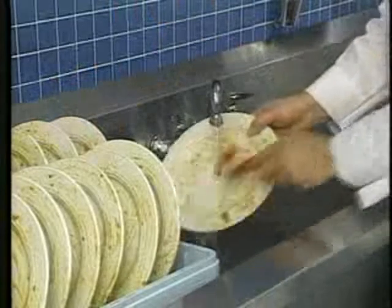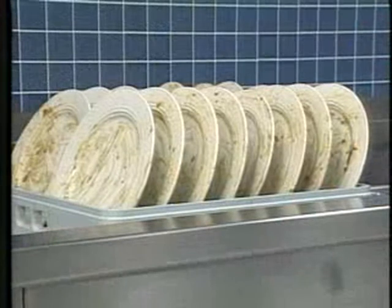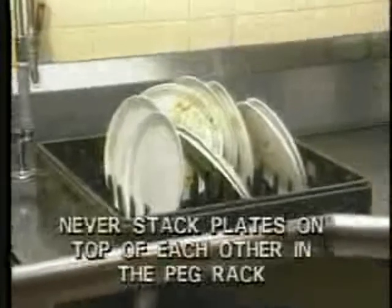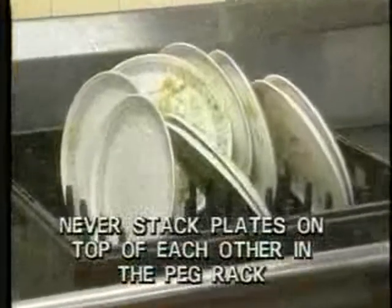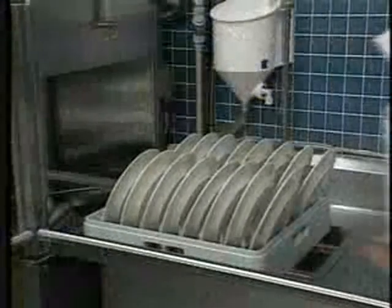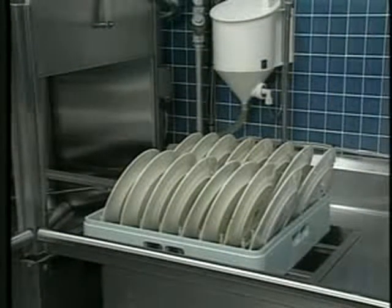To wash dishes, use a peg rack to stand plates and dishes on edge with the flat surface facing the dishwasher. Never stack plates on top of each other in the peg rack. Water and detergent must flow evenly over each part of the dish to ensure complete cleaning. When sliding the finished peg rack into the dish machine, remember that the soiled portion of the dish should face the entrance of the dish machine. This ensures the dirtiest part of the dish receives the greatest flow of water and detergent in the dish machine's